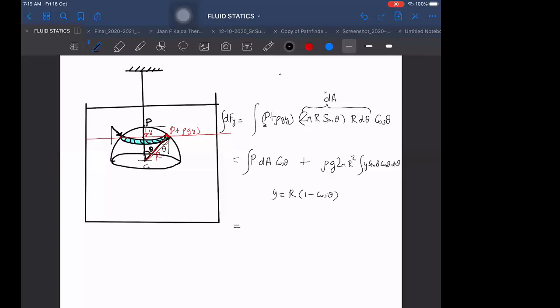What do we get then? The first term I will take later on, that's integral 1 and integral 2. The second term only I am focusing on right now. So the second term is rho g pi r square into 2 into y. Y is becoming r. One r will come from y, so that will become